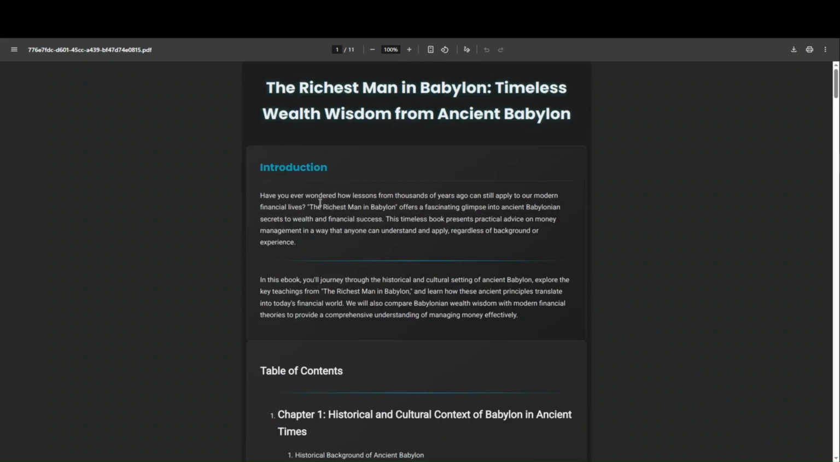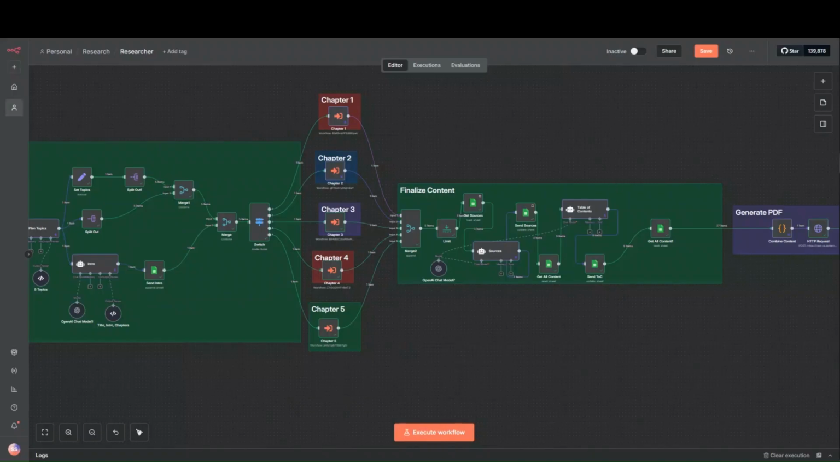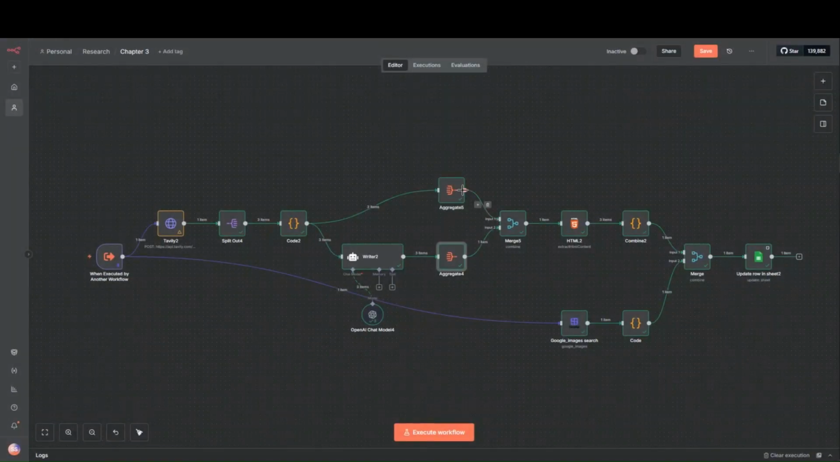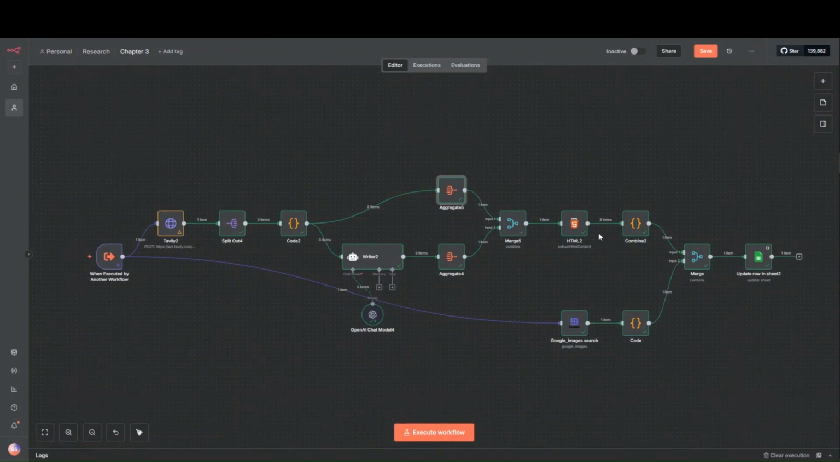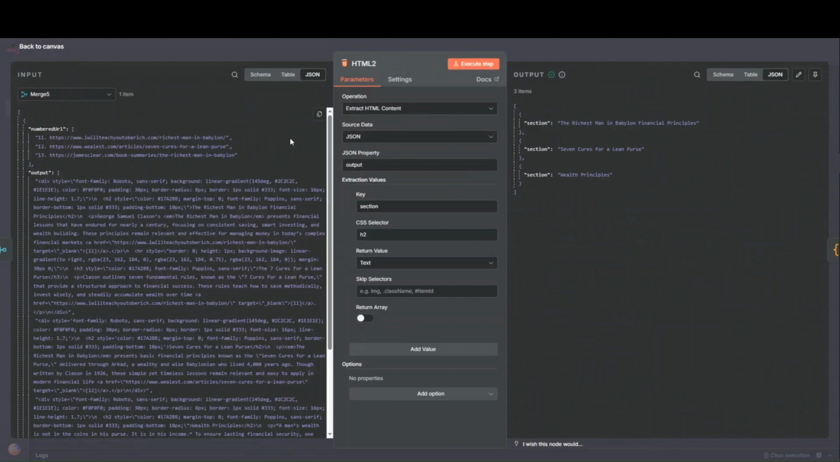Then you merge it with the actual link in order to reference the link. Okay, then we merge it, then we transfer it to HTML. So after we transfer all this data, because it's really big data, to HTML, so see, it will